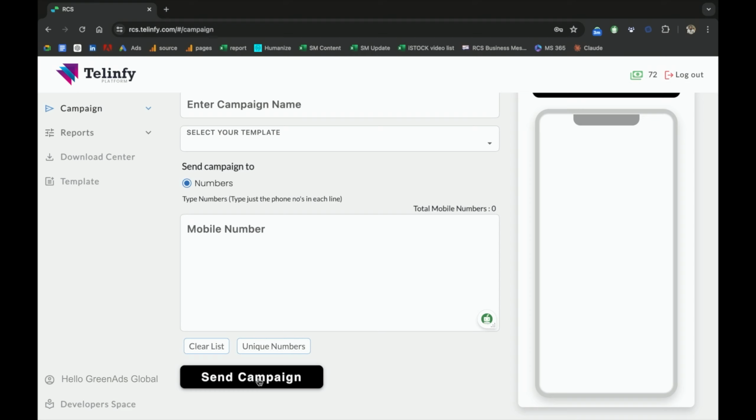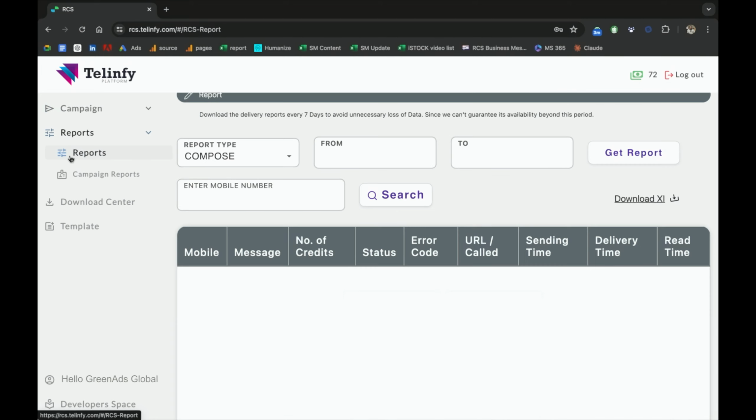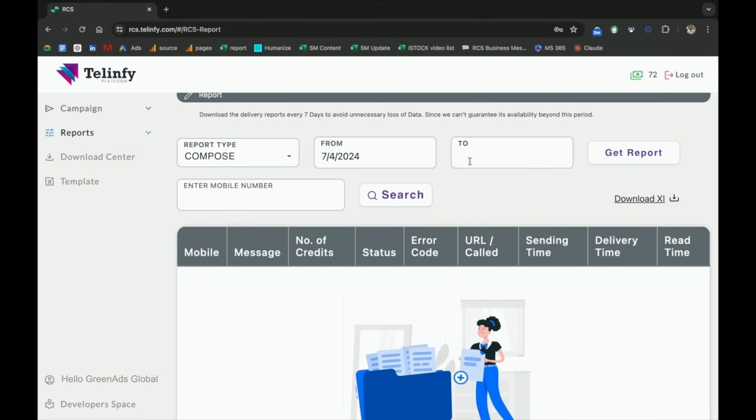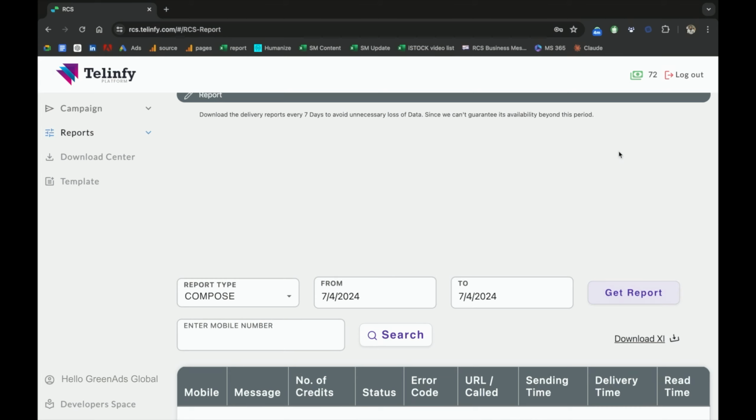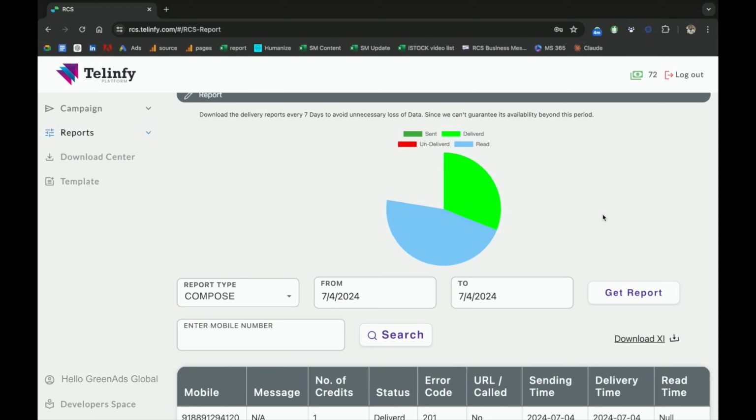Now to get the results on your campaign, click on the Reports section under the Campaign section. Under that, click on Reports. Type in the dates you want your campaign data from. Click on Get Report. Then it will be showing you the status report both in a pie chart for easy